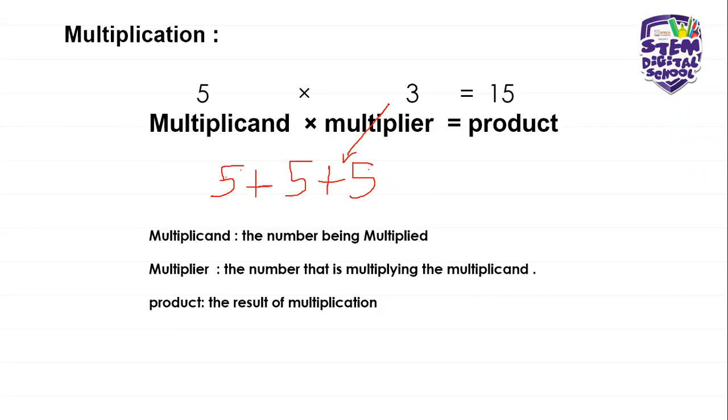It's the number that tells you how many times you are doing this repeated addition. Is it 5 plus 5 plus 5, or 4 plus 4 plus, you understand? It's telling us how many times. So this is an addition of 5 times. And then your product is the result of the entire multiplication. The result of the entire multiplication is what we call your product, what you produced, what came out of multiplying your multiplicand and your multiplier.